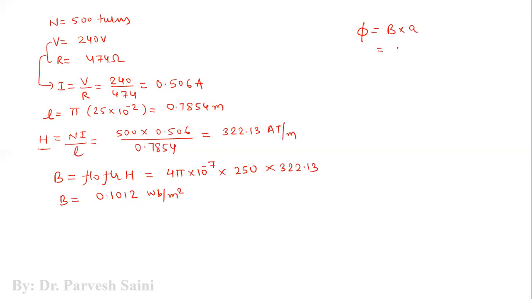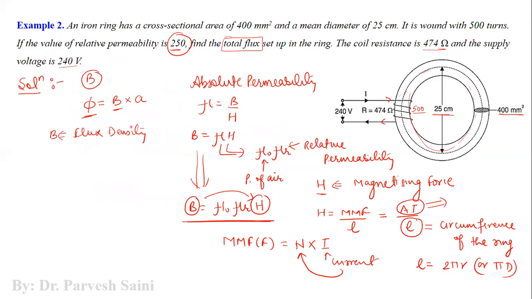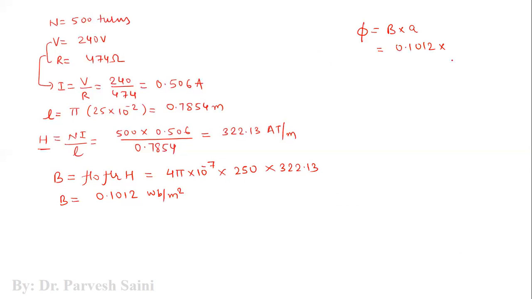So B is 0.1012 and area is 400 mm square, which is given. So it is 400 mm square. So we can convert this into the SI unit. So it would be equal to 400 into 10 raised to the power minus 6,